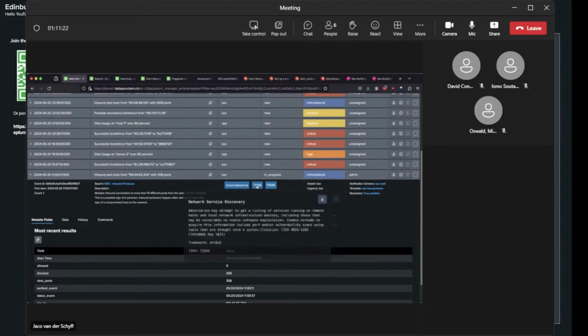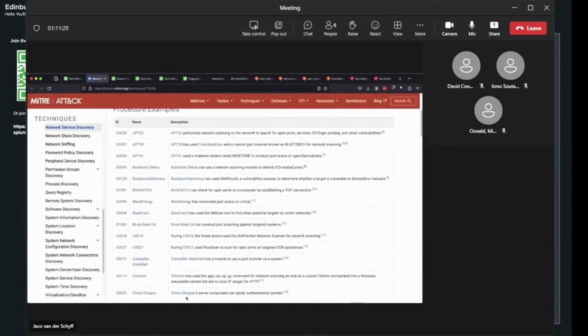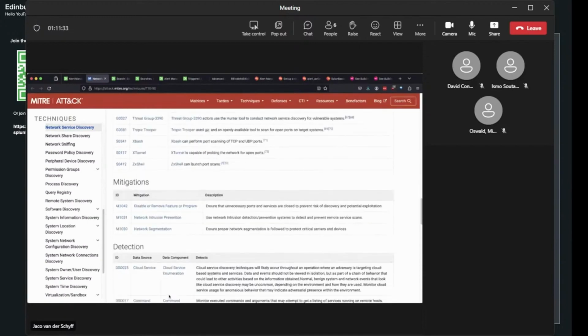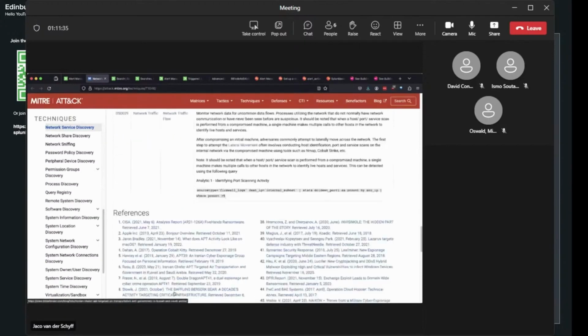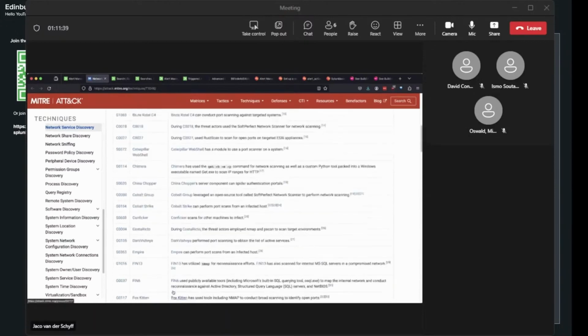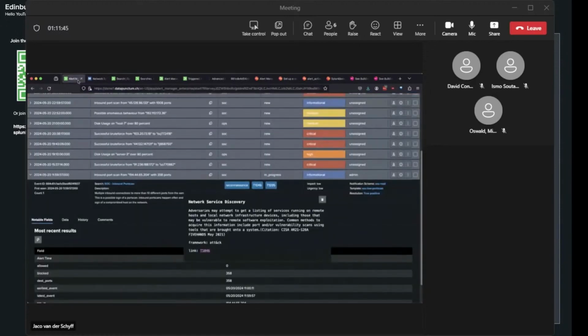And let's say this is a green analyst. They would like to maybe learn more about this specific tactic. They can click on that, and that just pops up the MITRE page. And here they can read about mitigations, detections, et cetera, to familiarize themselves with this specific attack. So these tags could also be whatever you have in your environment.